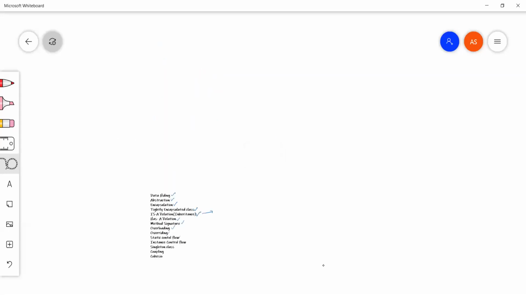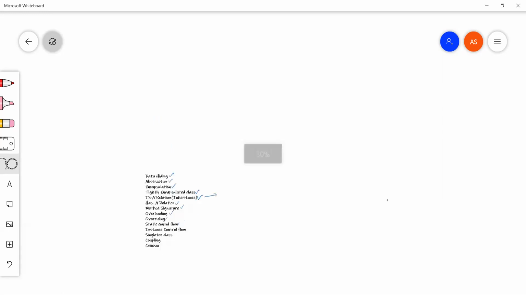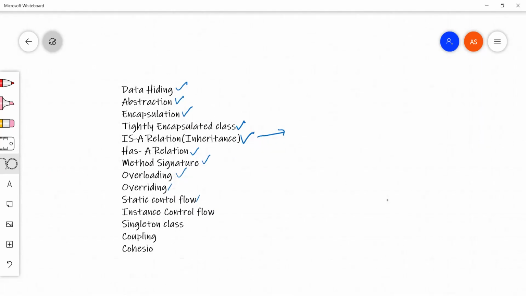Let me just check once if we have covered all the concepts related to this. Yes, we have covered all the concepts related to inheritance. Now we will be discussing the has-a relation. Has-a is basically a loosely coupled relation, like this was the tightly coupled.